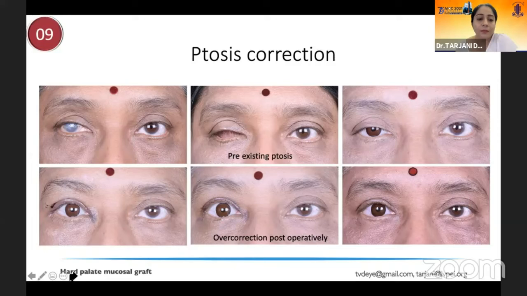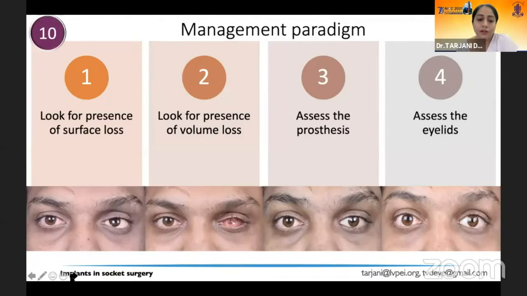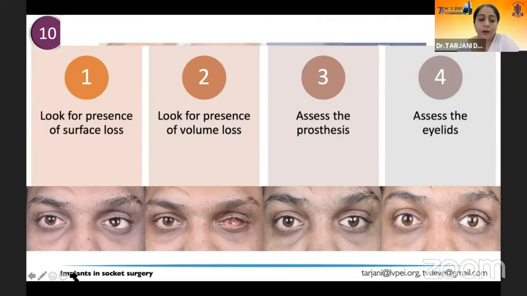And the last part is about ptosis, which is also very commonly seen in anophthalmic socket surgery. You see the series of photographs here with the patient having ptosis with prosthesis, which is then corrected with a minimal amount of levator resection. So in summary, in anophthalmic socket surgery, the nomogram that we follow is we correct the volume, we correct the surface, both of these via the several modalities that I told you, then assess if the prosthesis is good or not and change it, and finally address the eyelid to give you a much better cosmetic appearance than where you start from.